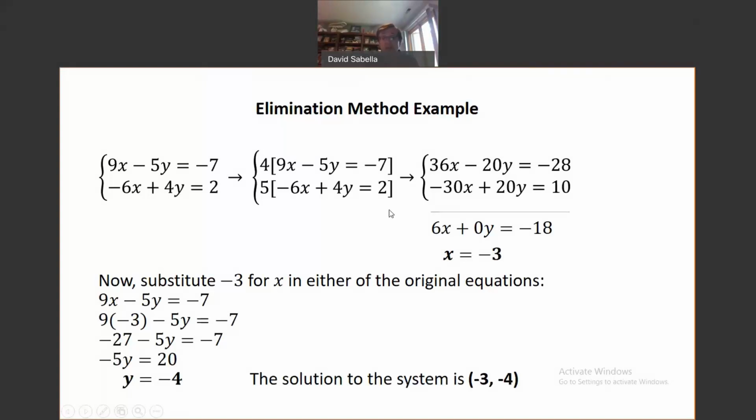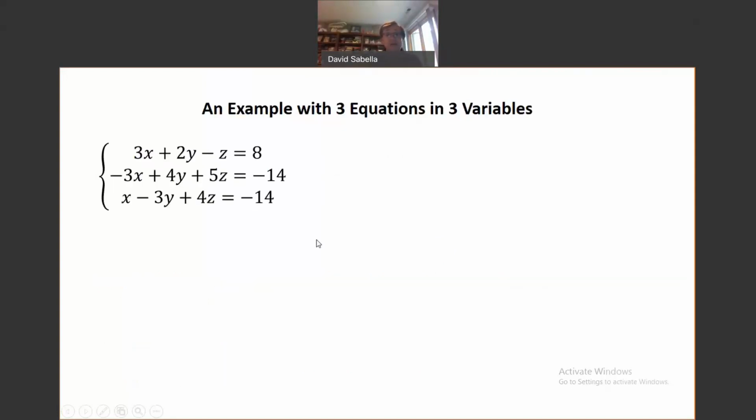Again, you can check your answer by taking x equals negative 3 and plugging it into the second equation. When you do that and solve it for y, you must get negative 4, otherwise there's a mistake somewhere along the line. But in this case, I'm pretty sure we didn't make a mistake, so we're good. Now, let's look at